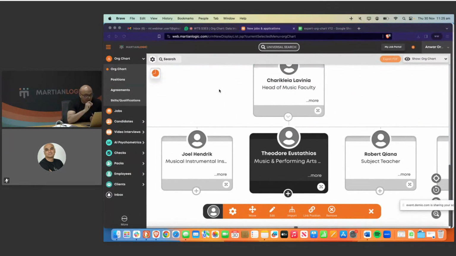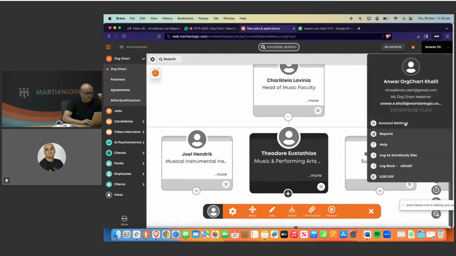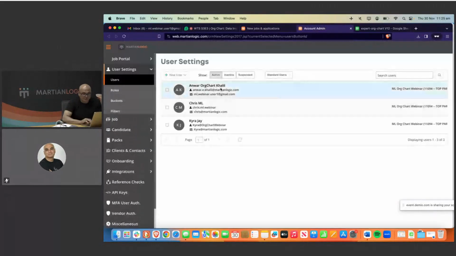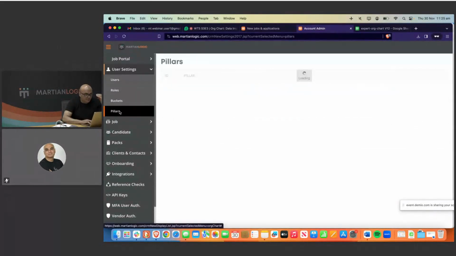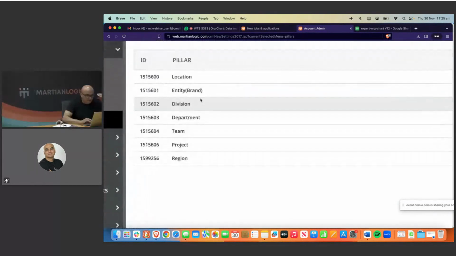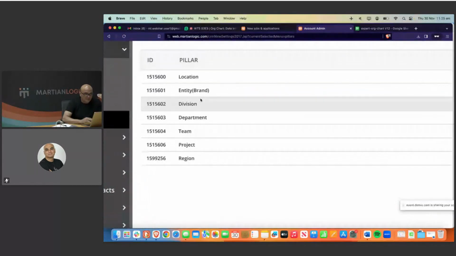But when it comes to what I was talking about before with the filtering, if you have a division, what you want is a proper flag, what we call the pillars. I'll explain what that is. I'm going to go to the pillars here, part of the admin. These are the pillars. These are custom fields, but very powerful custom fields, because they are system custom fields that we know what they mean. So when you tag a node, whether it's a vacant position or a filled position,